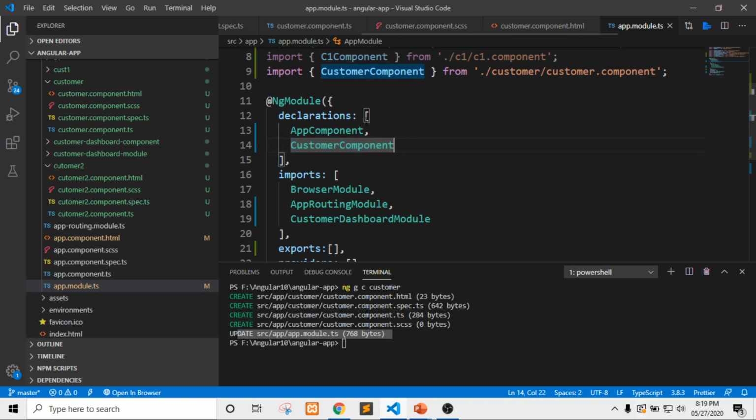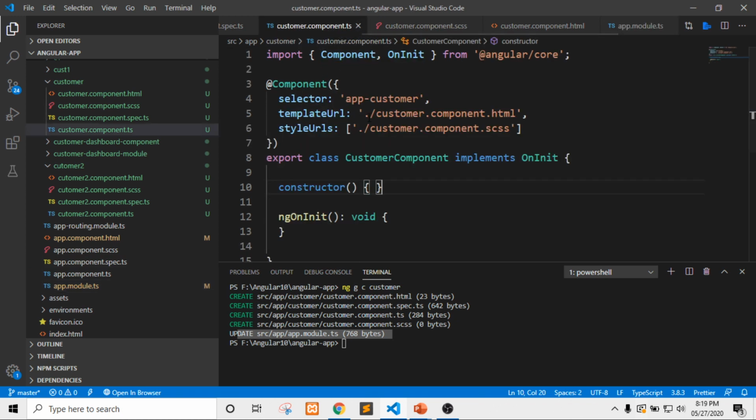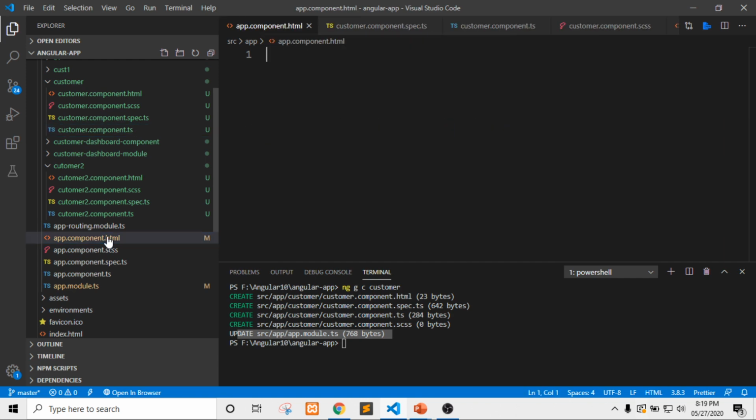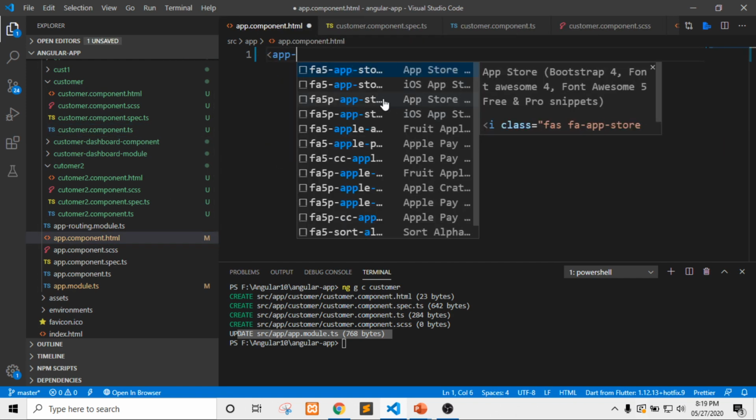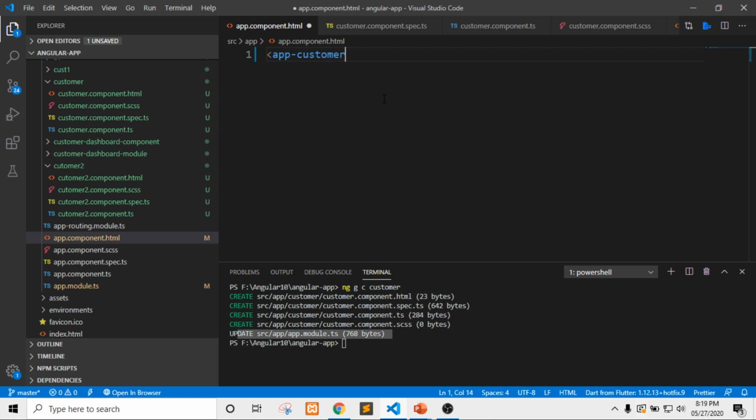Okay, now I want to use this customer component which we have created. This is the selector. I will be using this selector keyword and will be displaying it on app.component.html. So app-customer, right?